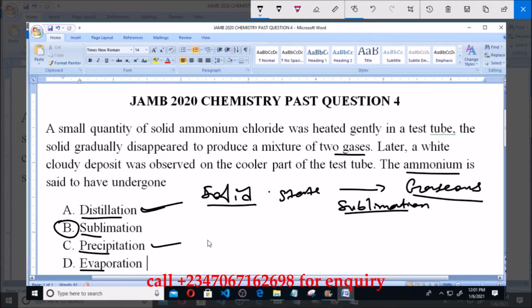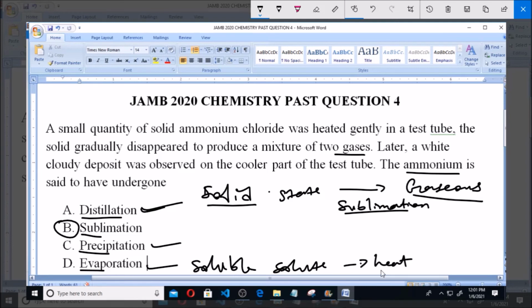When you have two solutes and one can easily precipitate, that is, form precipitates in a solution, that's when precipitation is used. Then evaporation is used to obtain a soluble solute from a solution by removing the solvent completely through the application of